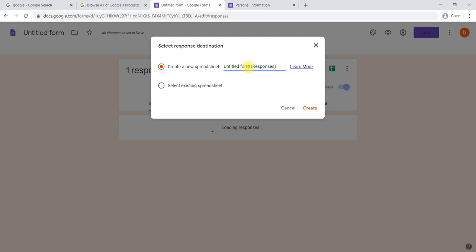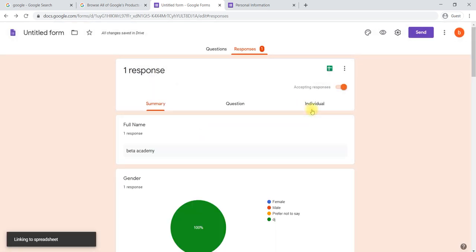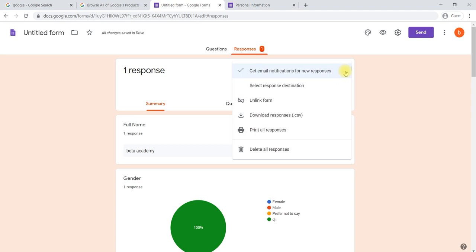You can give the name for the spreadsheet and say create, so that a new spreadsheet will be created in your Google Drive, and whatever responses are recorded will be directly reflected in that particular Google Sheet.